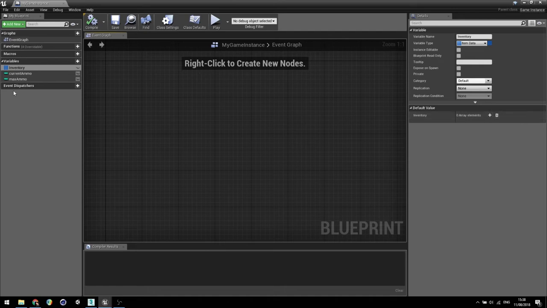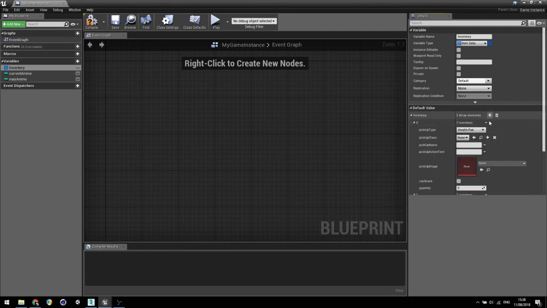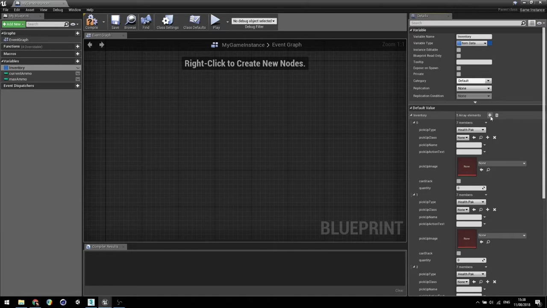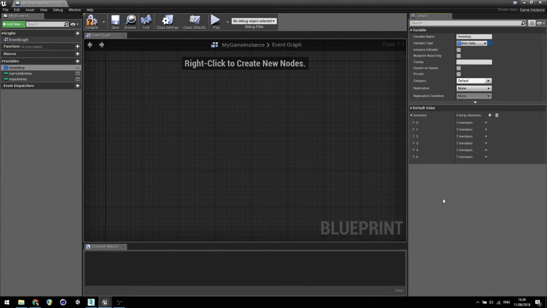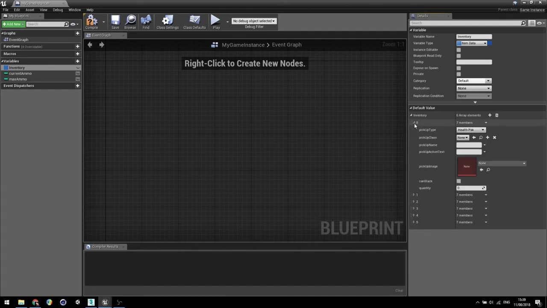So what we're going to do is, inside the game instance, inside the inventory, have a look at the default values. We're just going to add the amount of array elements equal to what size your inventory is. So mine is 6, so I'm adding 6 array elements. You can see that as we do that, it gives you the default values for each of those array elements. Now, where we differed from the norm a little bit is that we're using the item data structure as the actual type of the inventory array,